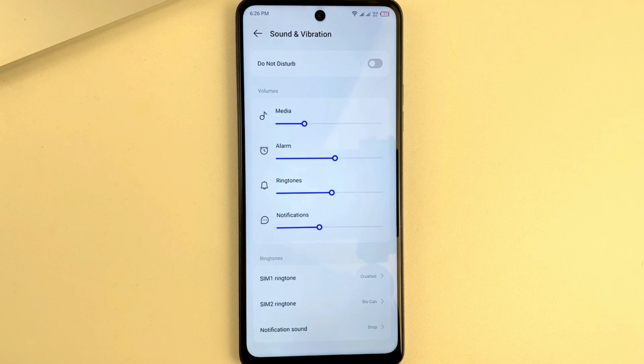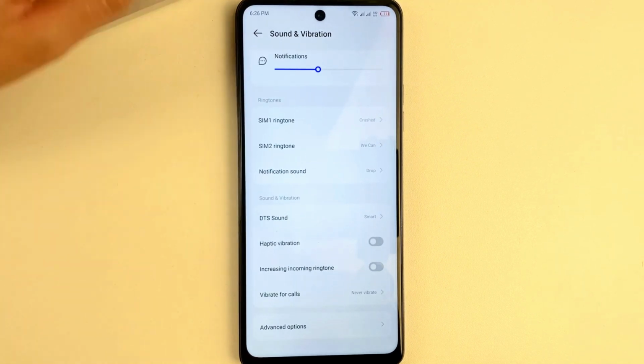If that doesn't work for you, then make sure you don't have some option enabled that mutes the sound. For example, in the vibration sounds down here, there are some other advanced settings. And since they're different on every Android, then please see if you have some setting enabled that mutes or unmutes the sound on your device. If, however, there is nothing like that, then you have two options.